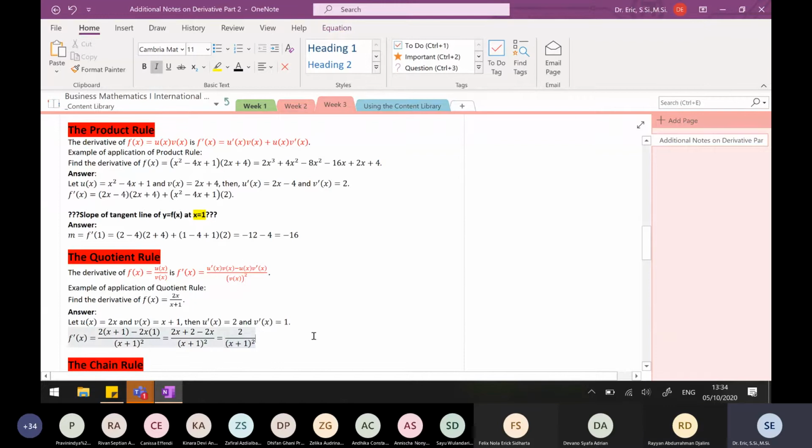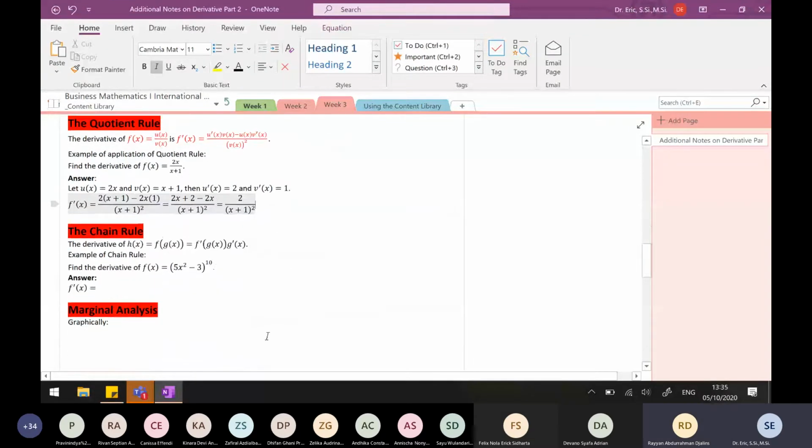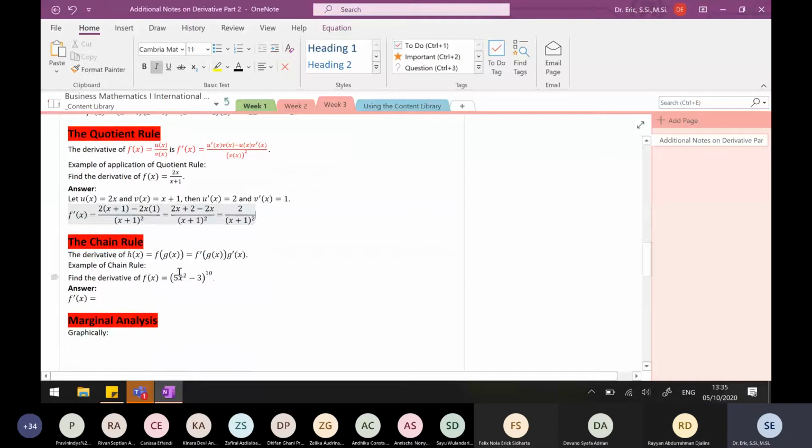Okay, sir. What about when x equals minus 2? What is the slope of this graph at x equals minus 2, Ryan? F prime minus 2. Very good. It is given by m equals f prime minus 2. And you can just substitute minus 2 and it all ends well. Okay, Ryan? Questions, Ryan? No, thanks, sir. Okay.